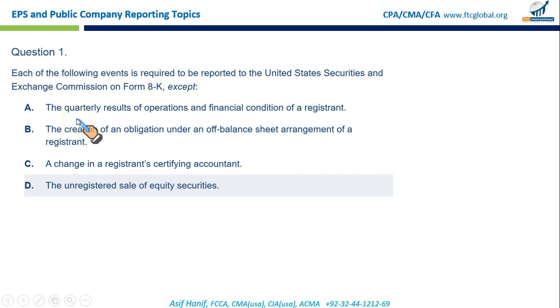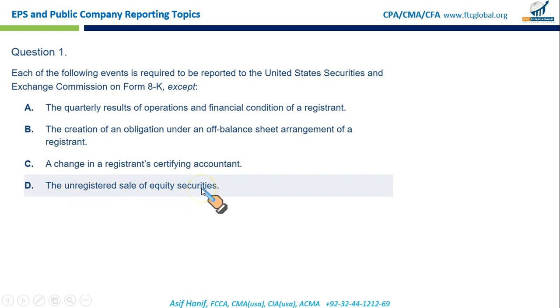Well, please note, in Form 8-K, we report all major corporate events which are significant, like any management changes, any changes in accountant, you have hired a new accountant, changes in securities, any acquisition and disposal, that needs to be reported, right? So it says all of the following would be reported in the Form 8-K, except